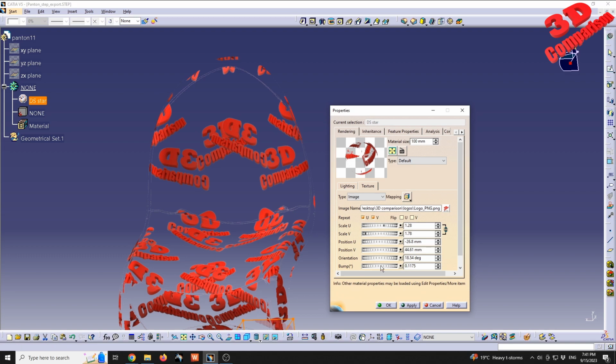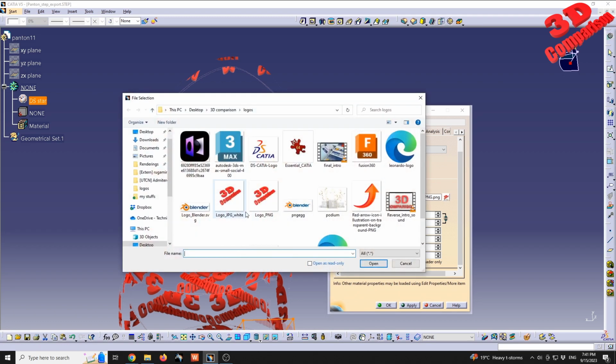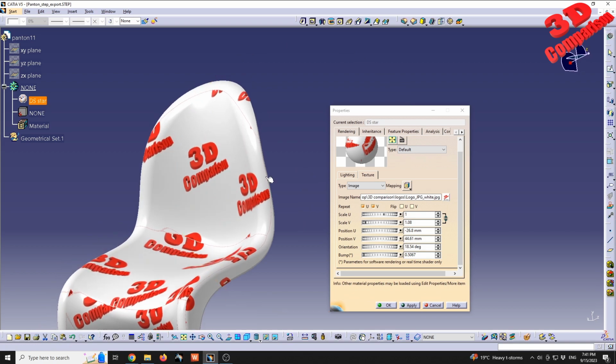And we can also apply some bumping, but in this case, the bump will not work for a PNG. As we can see, parameters for software rendering or real-time shaders only. So the bump will only act when we're gonna do the rendering. Now, if I'm gonna swap that image with something like a JPEG, again, we're gonna see that white background and